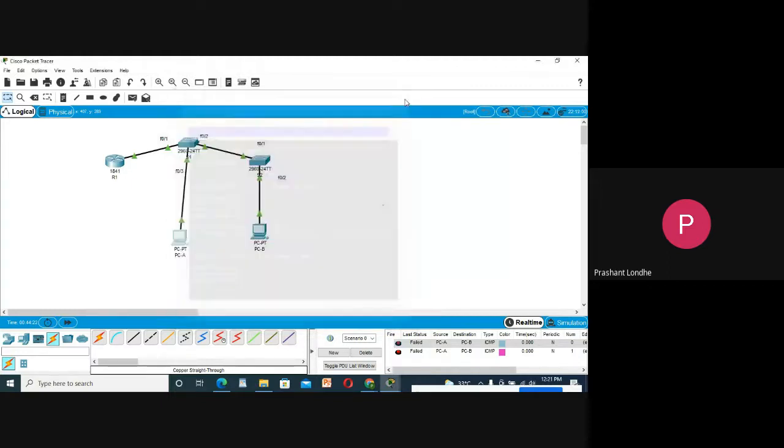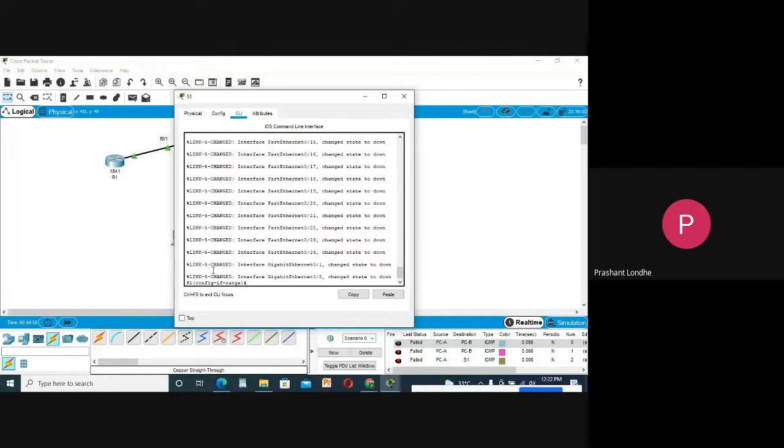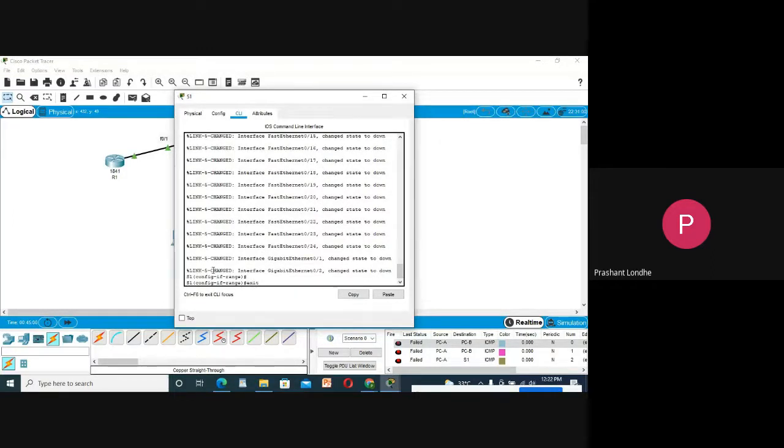Okay, the request is not going over there. So let me check what the error is. Okay, it's failing over here. Let me switch on all the ports which I have just switched off. So configure terminal, interface range f0/4 to 24, g0/1 to 2, no shutdown. Exit.